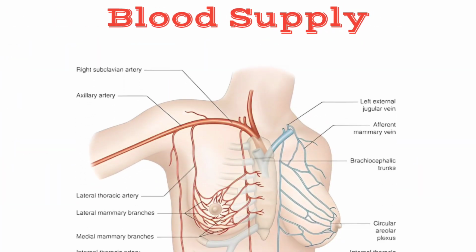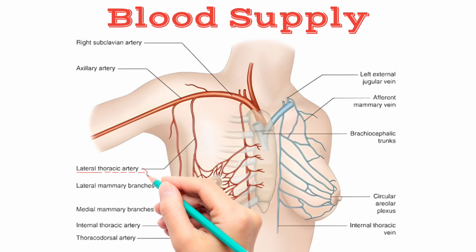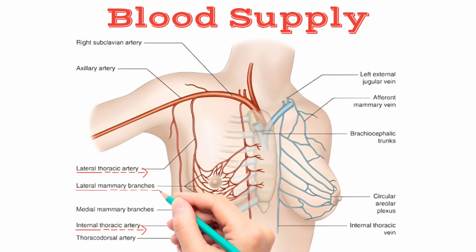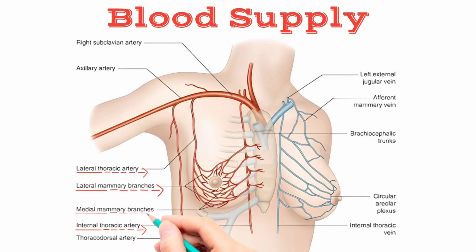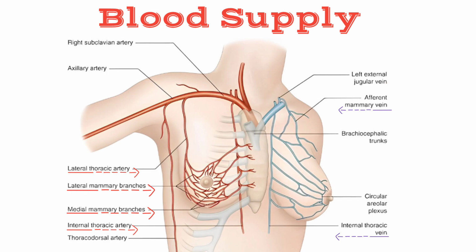Blood supply of the breast. The breast is extremely vascular. It is supplied by the following arteries: lateral thoracic artery, internal thoracic artery, lateral mammary branches, medial mammary branches. Veins follow the arteries, which are internal thoracic vein, afferent mammary vein,